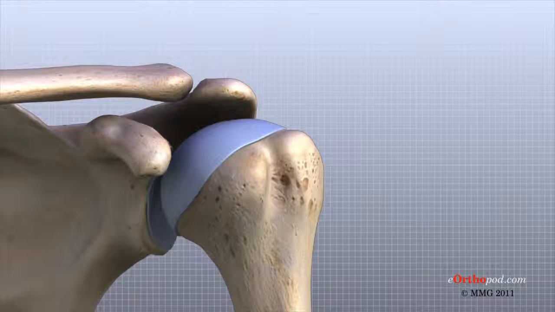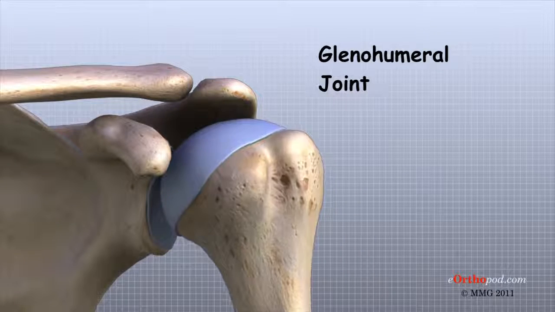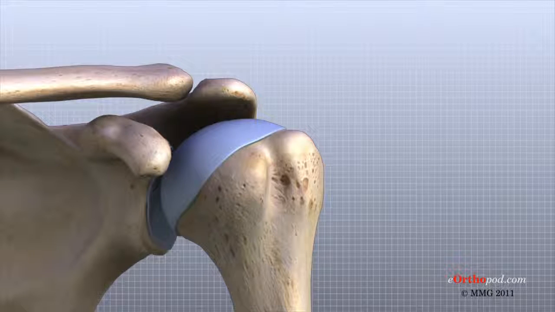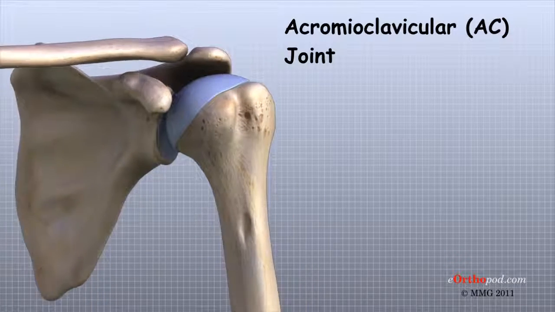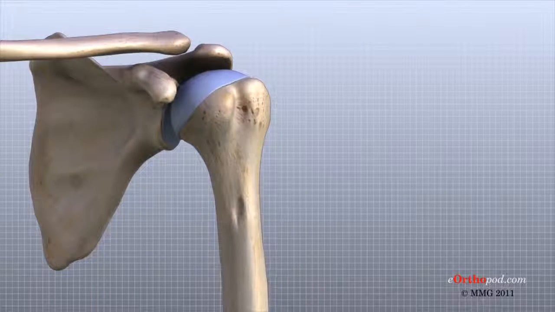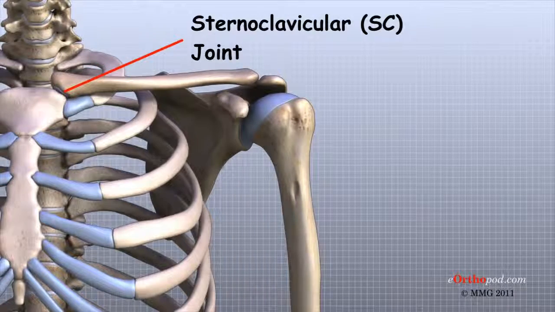There are actually 4 joints that make up the shoulder. The main shoulder joint, called the glenohumeral joint, is formed where the ball of the humerus fits into a shallow socket on the scapula. This shallow socket is called the glenoid. The acromioclavicular, or AC joint, is where the clavicle meets the acromion. The sternoclavicular, or SC joint, supports the connection of the arms and shoulders to the main skeleton on the front